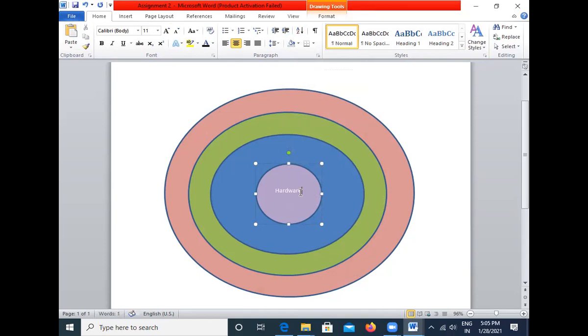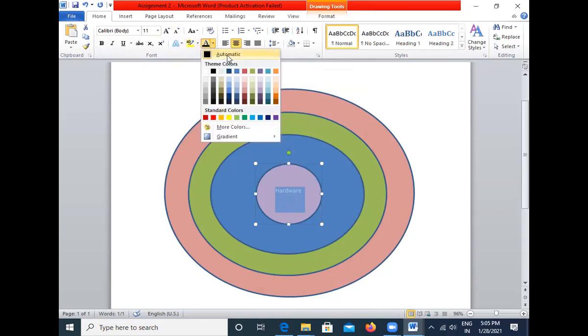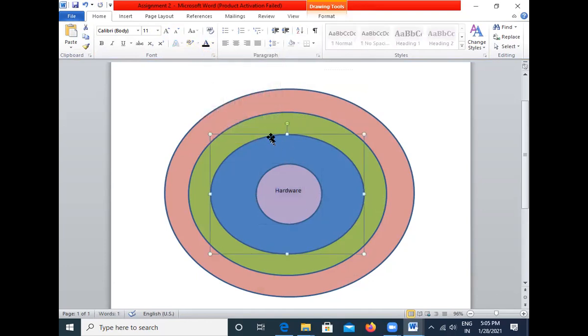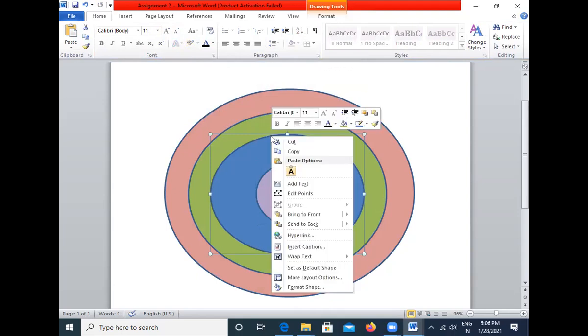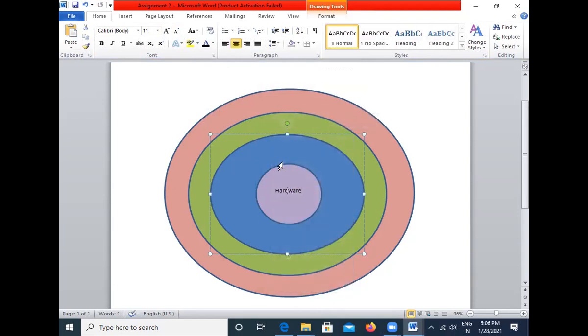And then you can change the color of it if you want. The colors can be changed for this. The default automatic color is what we'll have, but we'll select it as black. Similarly, for this shape, I want to give a different name, that will be the kernel. So I will right click and add text.